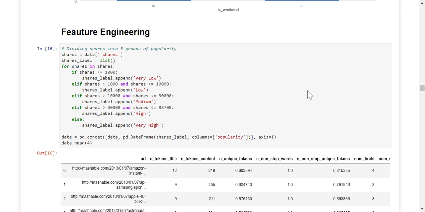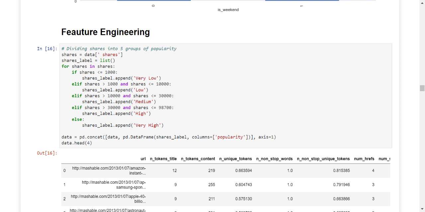Now, the values in the shares column are numerical, based on the number of views any certain article has. It doesn't tell me whether that article is very popular or not that popular or averagely popular. So what I've done is I've created five categories of all those values in the target variable: very low, low, medium, high, and very high.